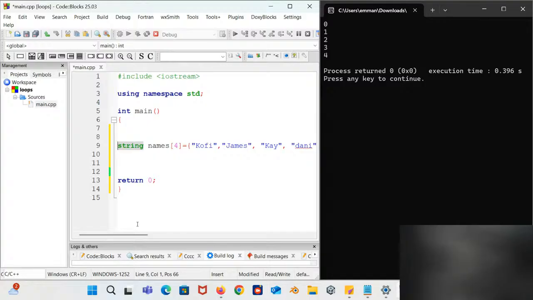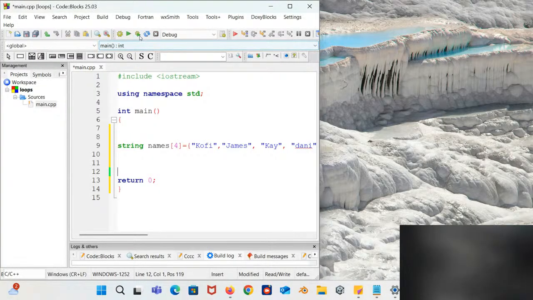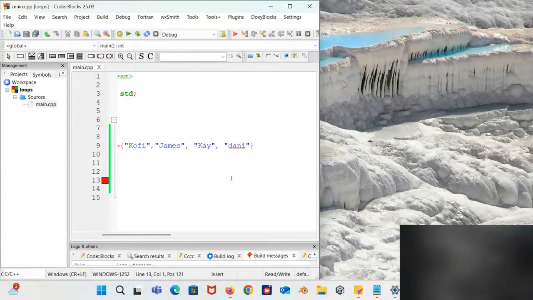Right, so I can proceed. All right. So we are done with declaring an array. Now this time we are going to look at how to access. Oh, when I run it, nothing will happen, it will just save the array as it is. So when I compile and run this, basically I've not asked it to do anything. Let me run for you to see.